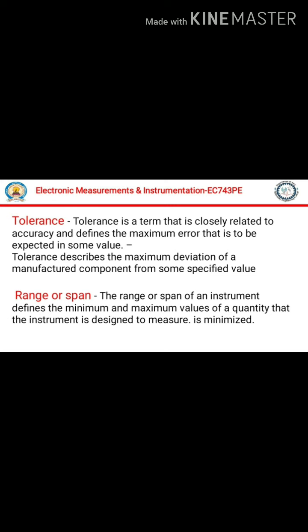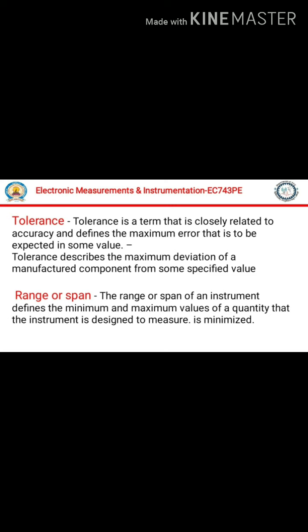Similarly, with a silver tolerance, the resistance value may exist between the rated value plus 10% or minus 10%. Similarly, if you use any instrument, whatever measurement you get through that instrument may exist within a certain range. The range within which the original measured value exists is called its tolerance. This tolerance must be very small for good instruments.